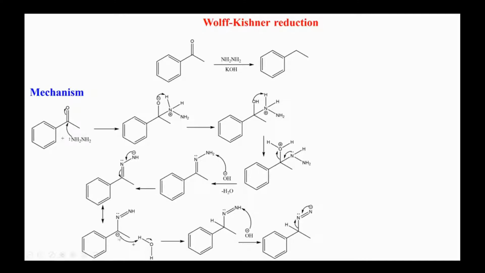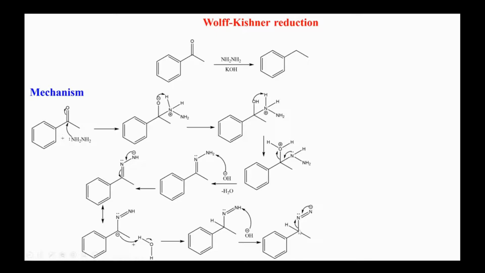Here is the negative charge, and here is the double bond between nitrogen and nitrogen, and this negative charge attacks a proton of water and gets the proton. That's the proton that this carbon gets. And in the next step, this hydroxide group which we added as KOH again picks a proton from this nitrogen, and it gets a negative charge. As a result, this negative charge reverts back to make a nitrogen triple bond nitrogen, and again the bond between nitrogen and carbon breaks.